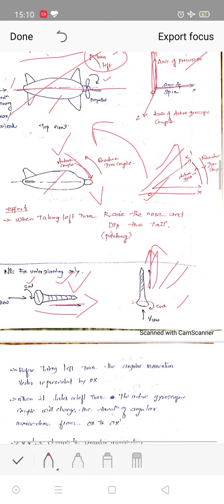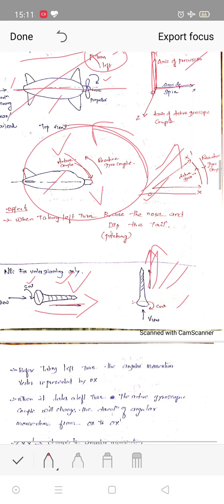When we have this type of motion, we can see the effect of the gyroscopic couple on the aircraft through the front plane only. Which is the front plane? This is the front view. When we look into the front plane, we will consider the reactive gyroscopic couple and find the effect. The reactive gyroscopic couple is in anti-clockwise direction. How will it affect the aircraft? It will tend to raise the nose of the aircraft, and automatically if the nose raises, what will happen?